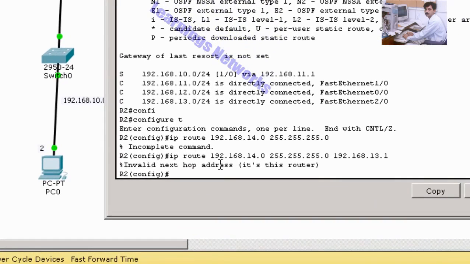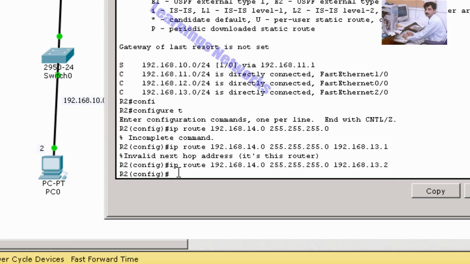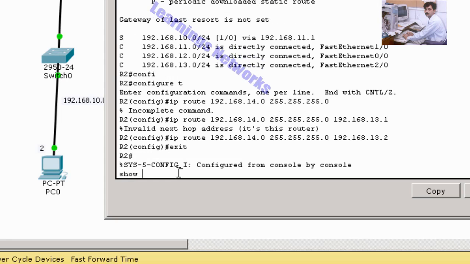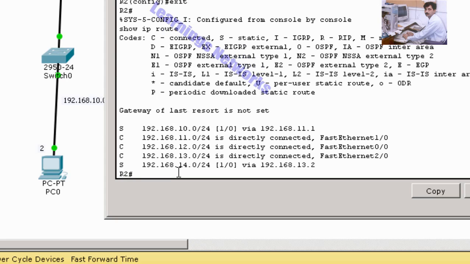Oh, we are on R2. The next hop is 192.168.13.2. So now show IP route. You see 14.0 is in its routing table, so we will be able to ping 192.168.14.1.